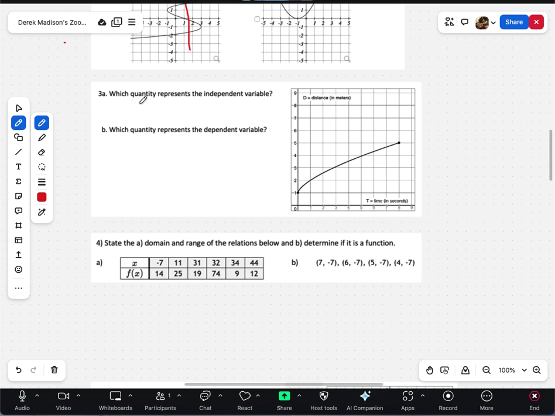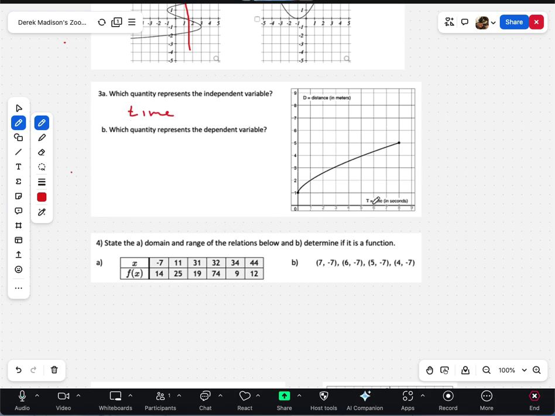For this question, which quantity represents the independent variable? And this is just to get you used to the terminology. So remember, the independent variable is what we would associate with x, or the x-axis. It's the input down here. So in this case, the quantity, what is it, time? So time